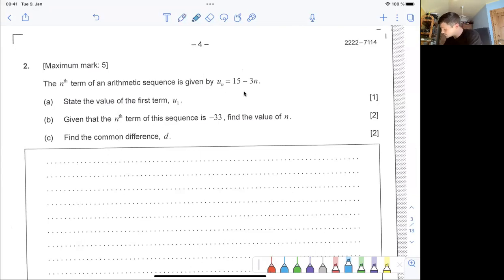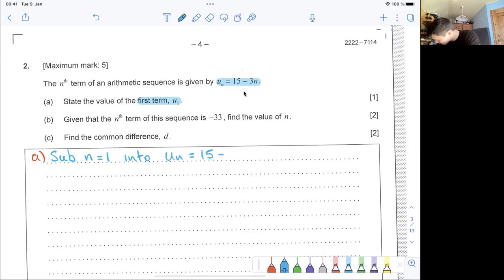Right, okay, so let's highlight or underline this expression that we're given at the top for the nth term. So for u1, what we're going to do is substitute in n equals 1 into the equation un is equal to 15 minus 3n. And so that's going to give us u1,